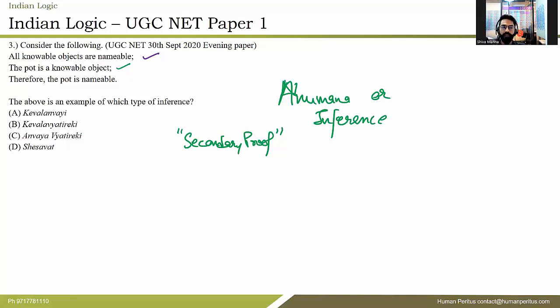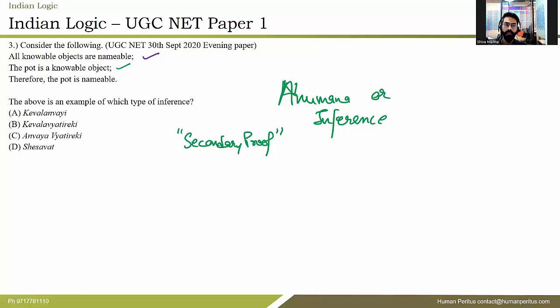If, for example, you see your friend crying or your friend is laughing, you can infer two things out of it. The first inference: if the person is crying, you can say that particular person is either in pain or very sad. And if the person is laughing, you can infer that the person is happy, right? So you are using something to infer something. So that is Anumana, or inference. And this is a part of the Nyaya school.